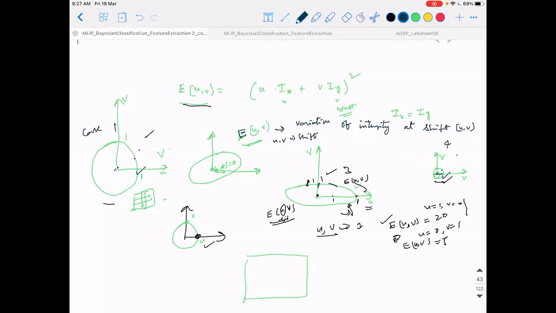An edge. Edge. Okay, so if I have something like this, if there is an edge, then I can say that there is a low variability in one direction and high variability in another direction. But in this case, case 1 or case 4, what kind of primitive structure may it be in an image?